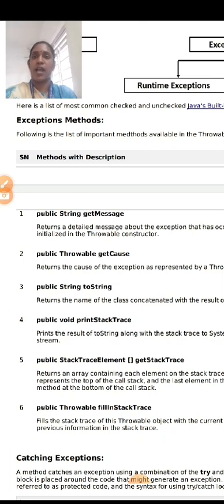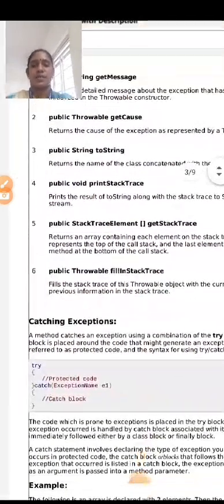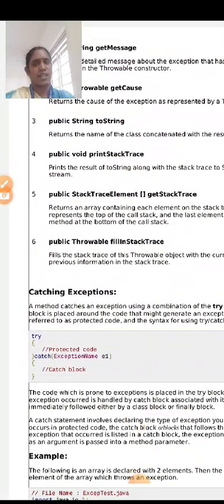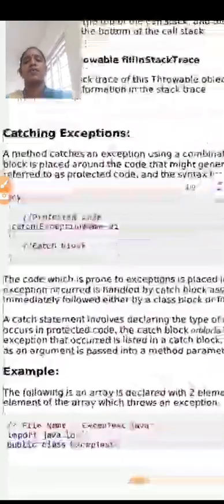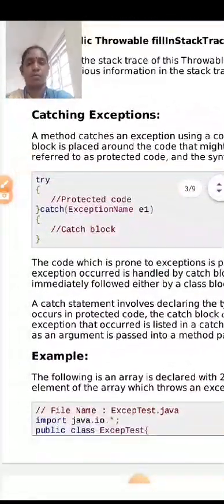The catch block handles the exception and displays the reason the exception has arisen. Now we see catching exceptions: the try block and catch block are interrelated. Whatever code I doubt may raise an exception, I can give within the try block. You see this here, I have used the try block, I have given some code and I